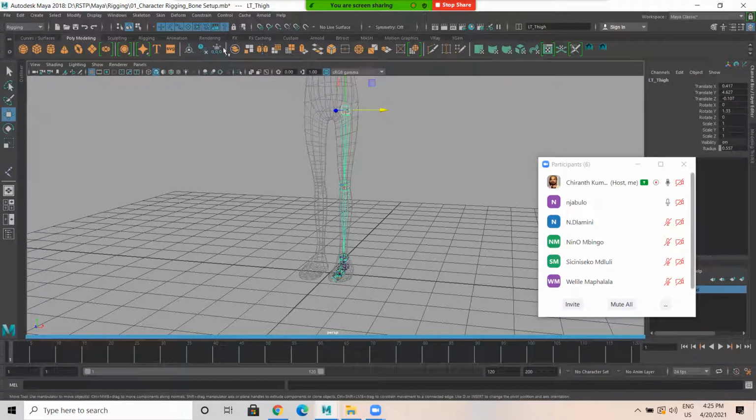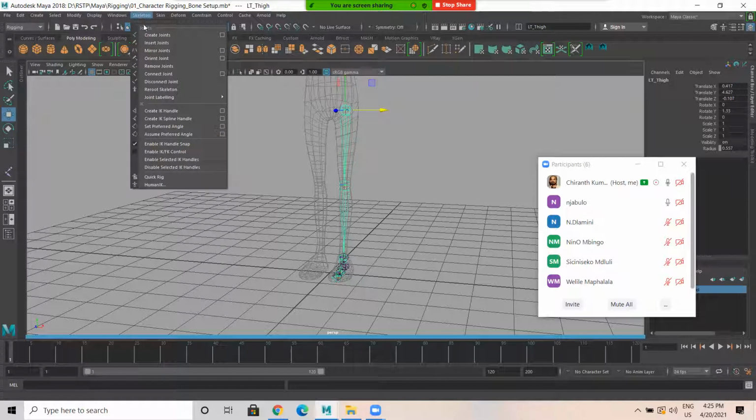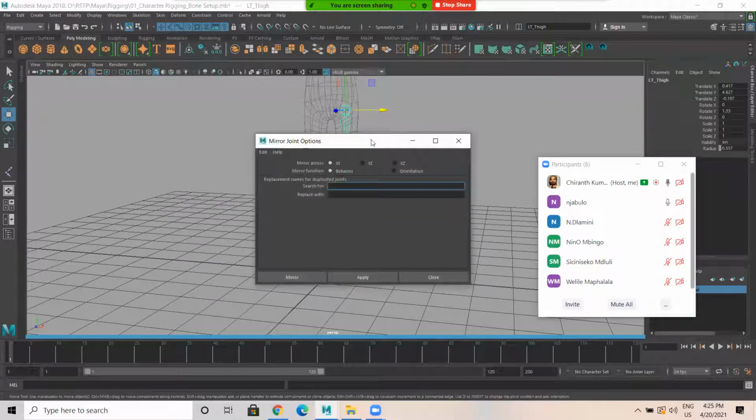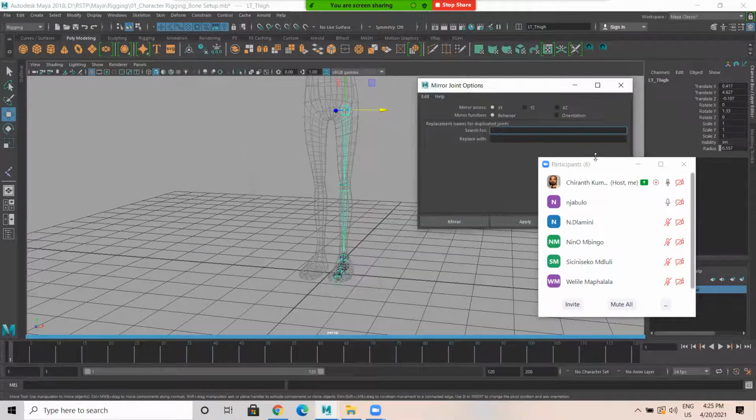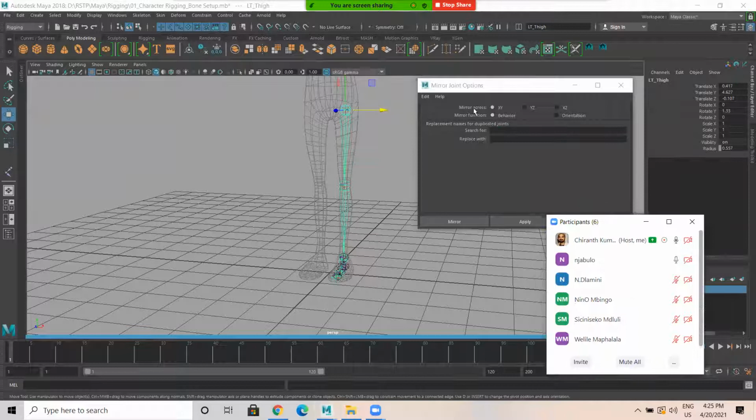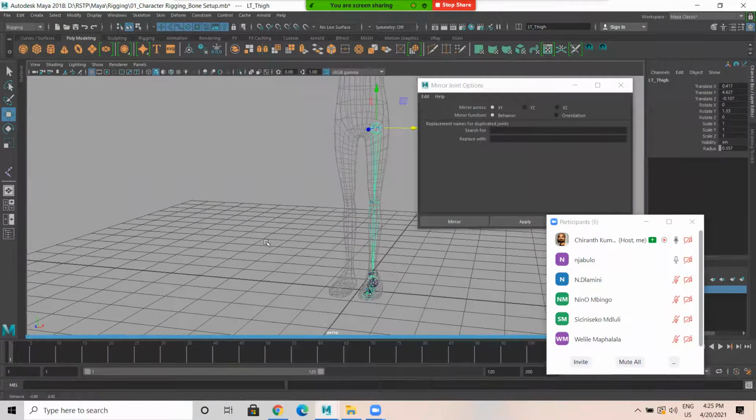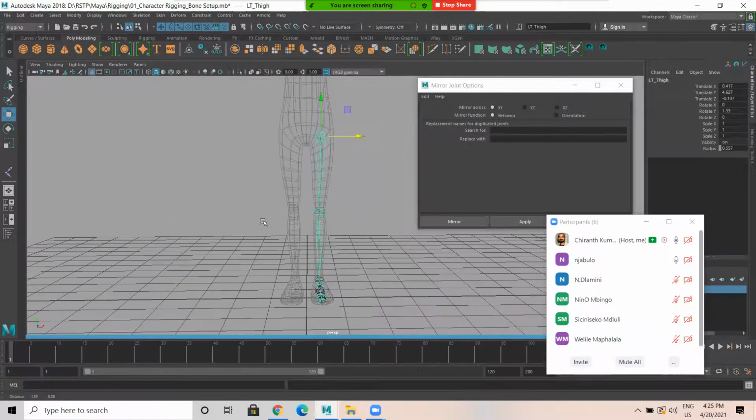Select the thigh, go to skeleton. You have mirror joint. Go to the option box of the mirror joint. Here, this is a technique you should understand. Mirror across, there are three different options: XY, YZ, XZ. Now we have to see in which axis we have to do it.